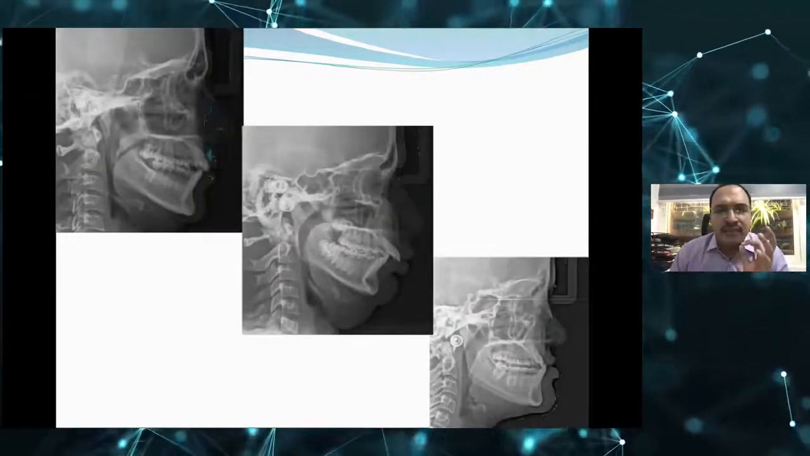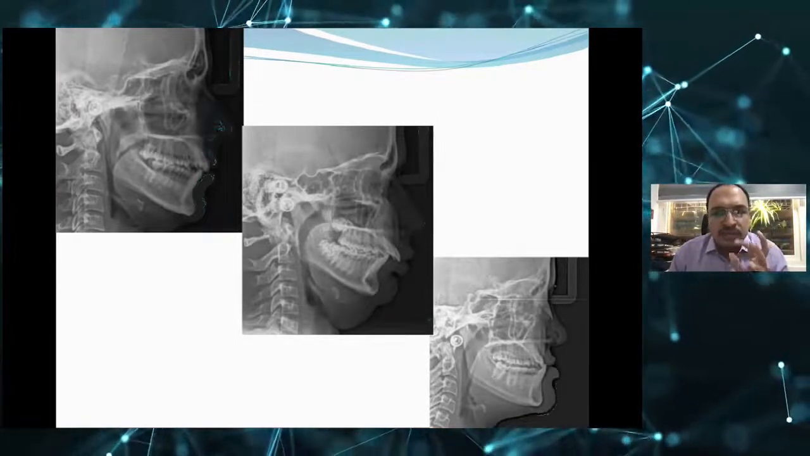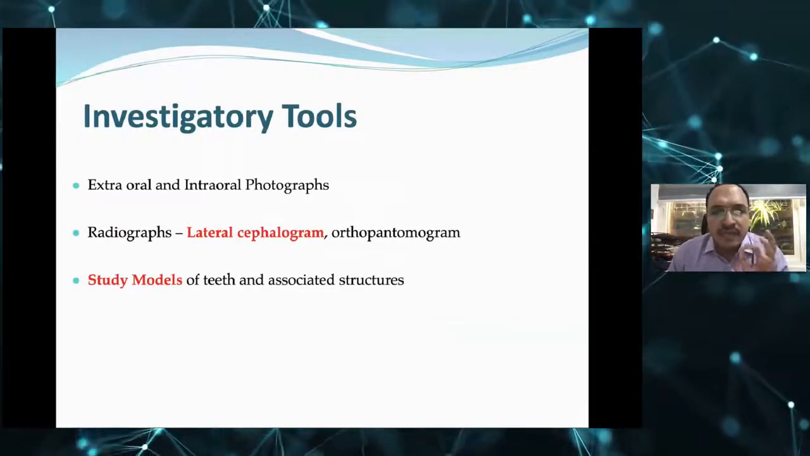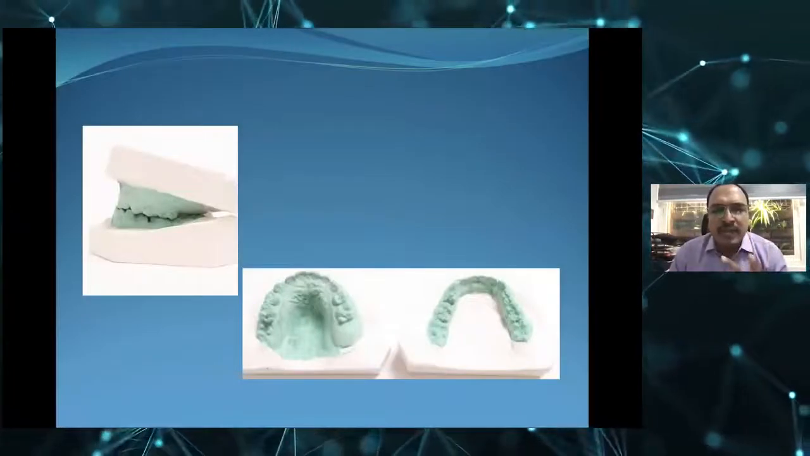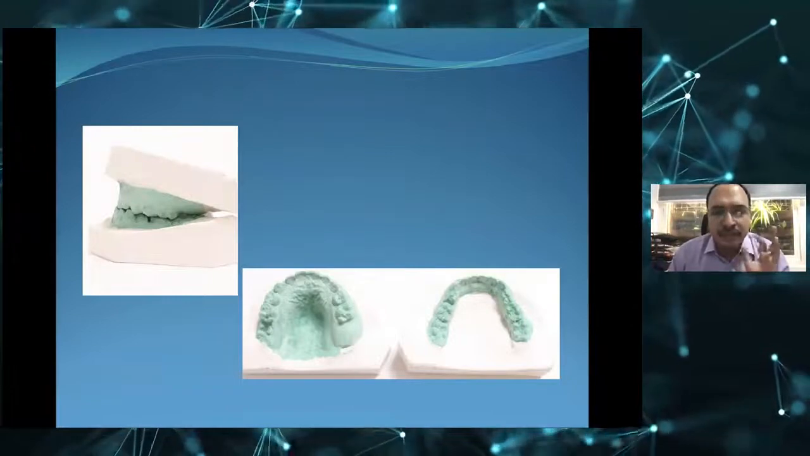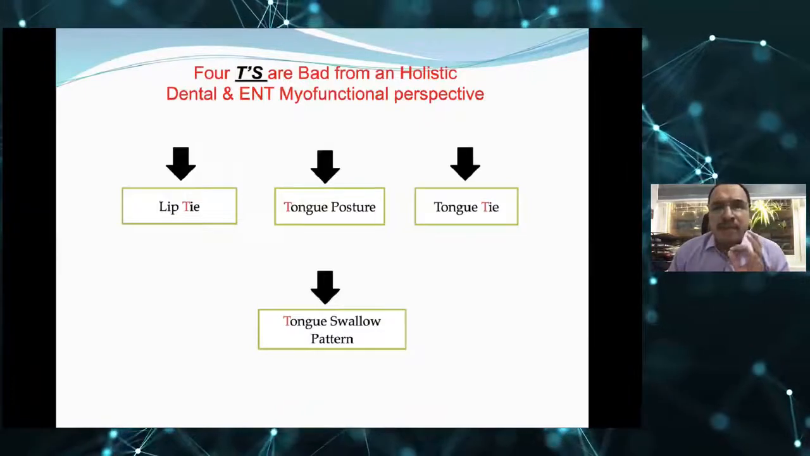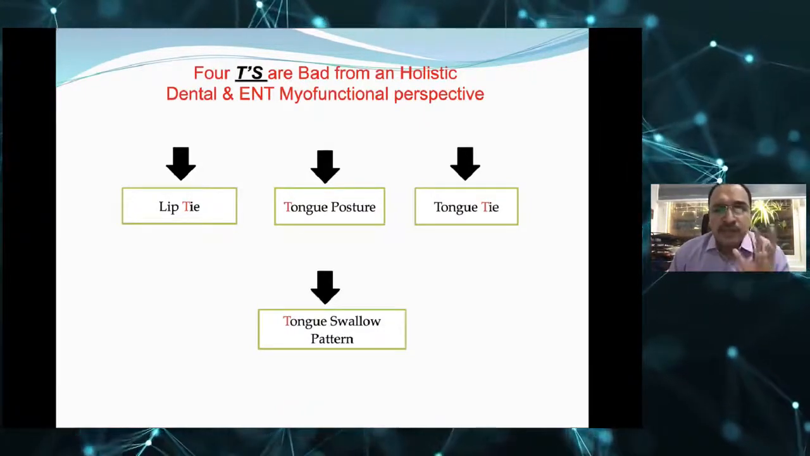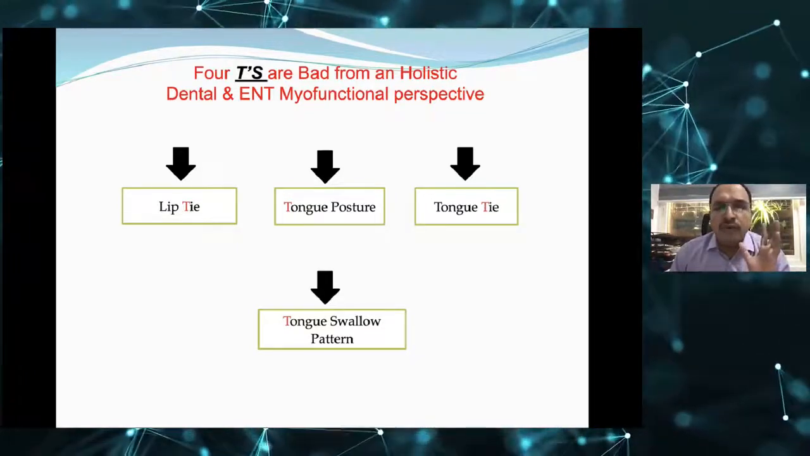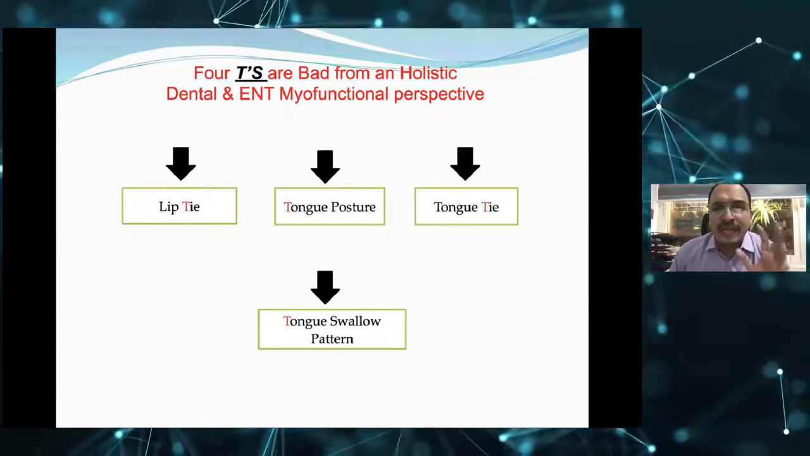So these are lateral cephalometric radiographs which we use for assessment of airway. This is the tool which we use for assessment of airway. And the other investigative tools we use are photographs, the lateral ceph, RPG, and study models. These are study models we take, and we take some dimensions to assess the teeth positions and the dimensions. We call it 4 T's are bad from a holistic dental and ENT perspective. The 4 T's are nothing but lip tie, tongue posture, tongue tie, and tongue swallow pattern. All 4 T's are considered bad words and bad for the holistic development of the dental and the ENT from a